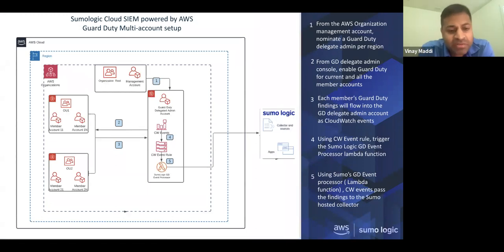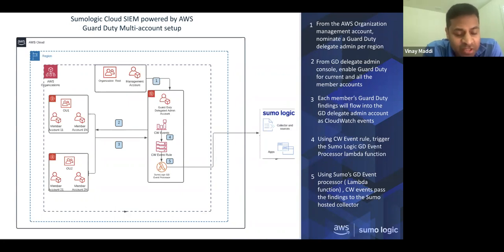Yeah, next slide. So here is a general reference architecture we suggest for how you stream events from AWS into Sumo Logic. If you look at it, it is more or less a representation of the first slide, right? You have a management account with a root. The main advantage of having that management account is that you can delegate one account as an admin account.